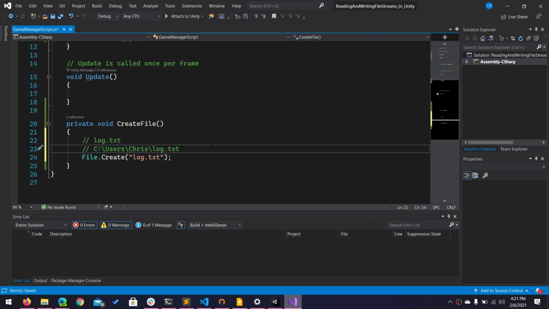in. However, if I go and give this to another person to run this game, they may not have a C drive users Chris. Okay? So when it goes to create log.txt, this will go ahead and throw an error. So I don't want to put this in as my location for my string. Okay? Instead, I want to use this. This is called a relative path. Okay? Relative,